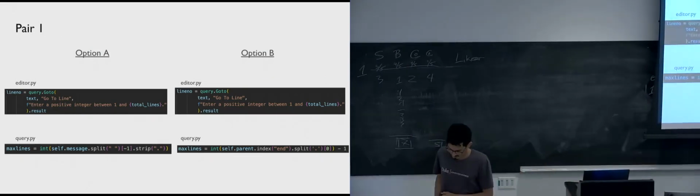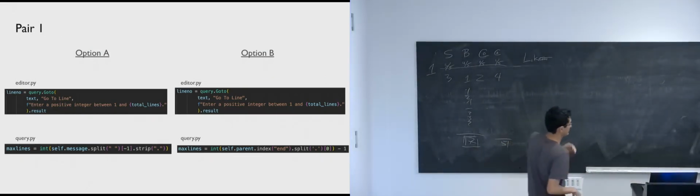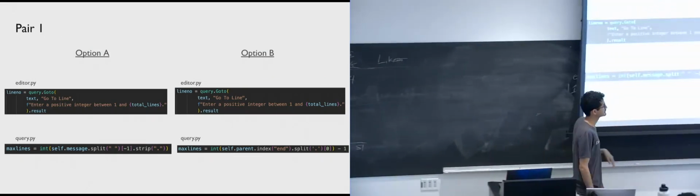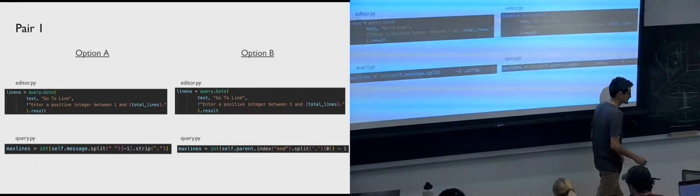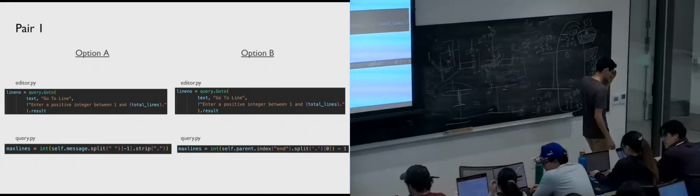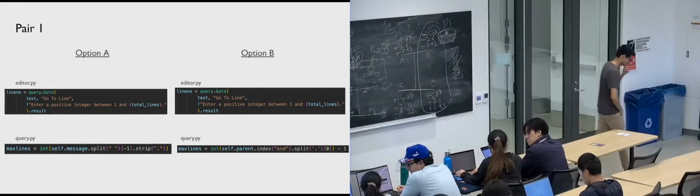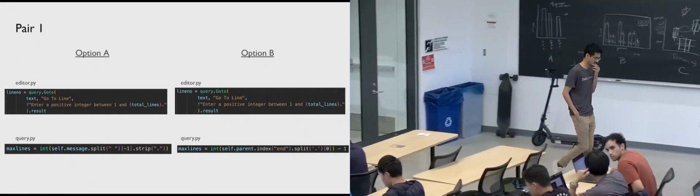For A, I feel that it's better to use the parents, because messages, it's just a string problem for me. So it's kind of weird to use